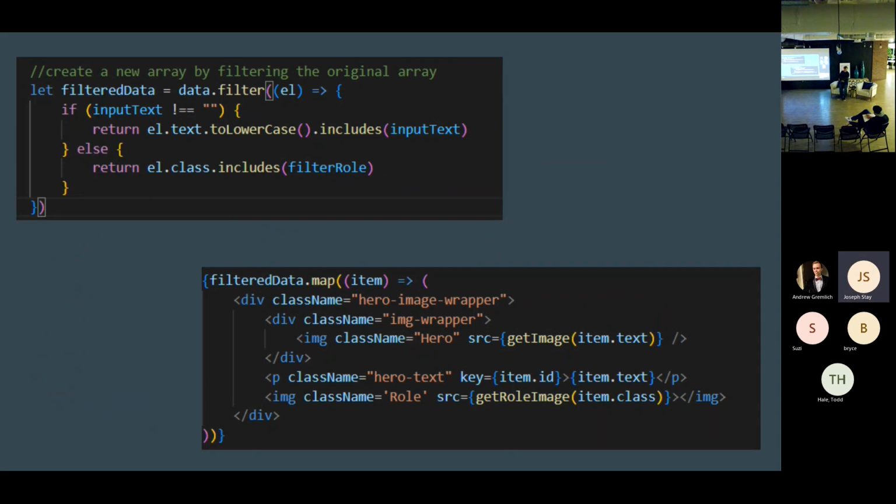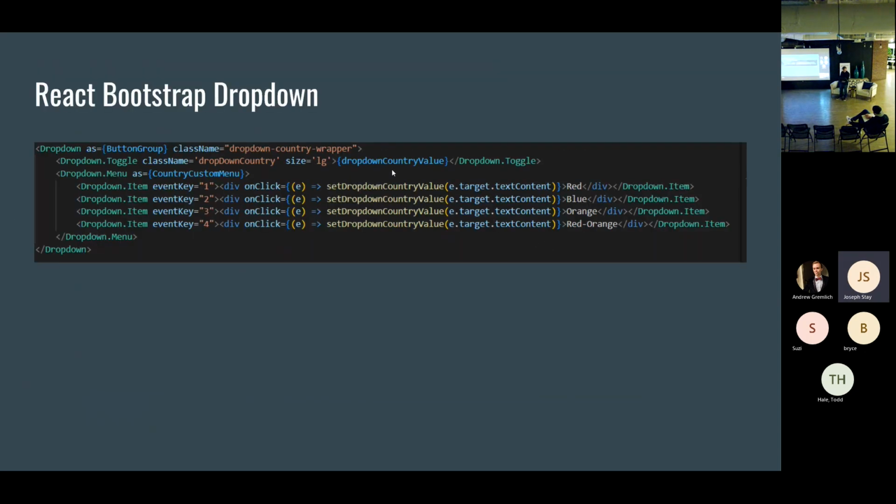So you just have this else also be the l.text to lowercase that includes. Then back to those drop-down menus that had the filter on top. This is another thing that I took away, the React Bootstrap drop-downs. The way they work here is basically you have a template that you're basing each one of your drop-down menus on. And with that template, then you're basically just putting in items.